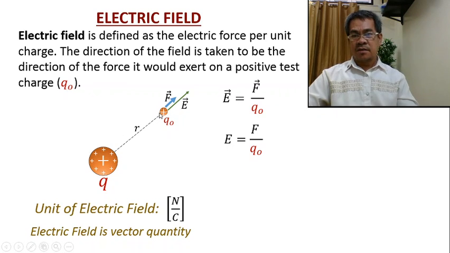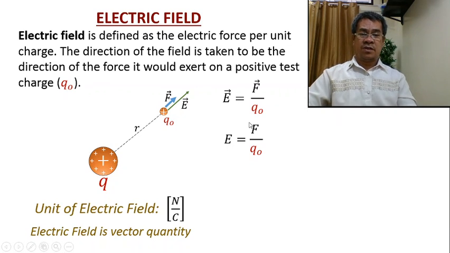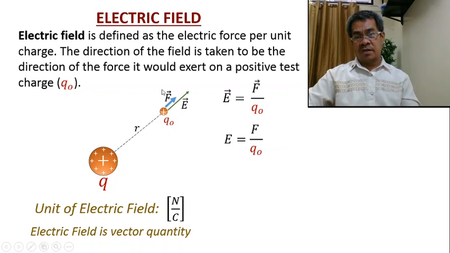Remember that at any point here, at the same radius r from the source, you have the same electric field. Why? Because you have the same force. So the electric field must be the same. So how much is that force? And what will be the requirement in order to solve for the magnitude of force? Now one requirement is, if that force is given, divide it by that charge.